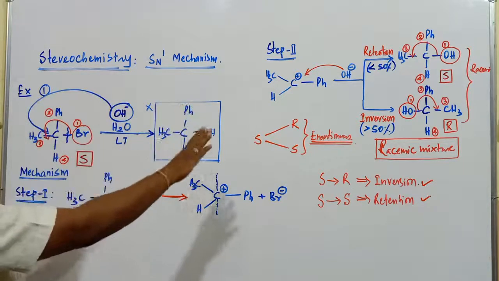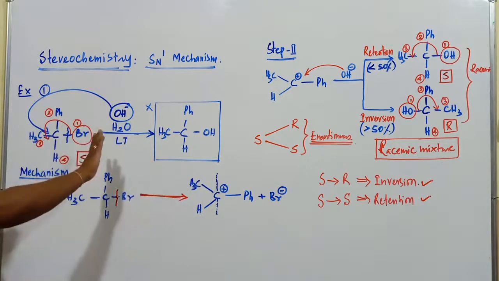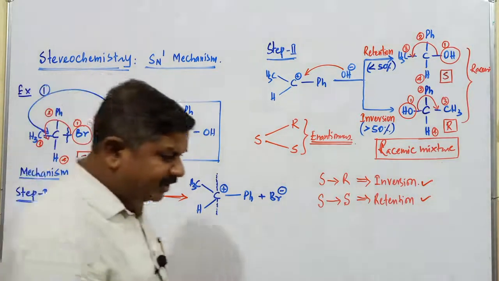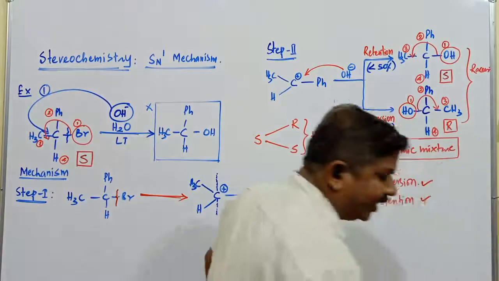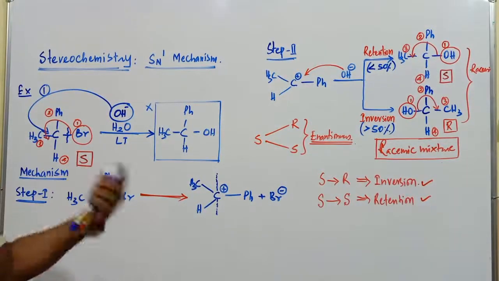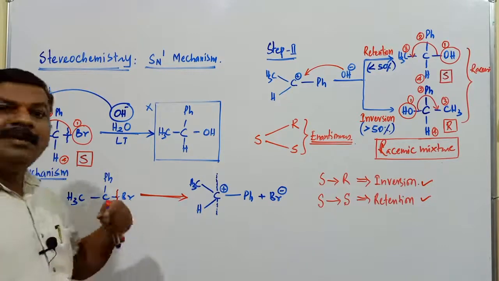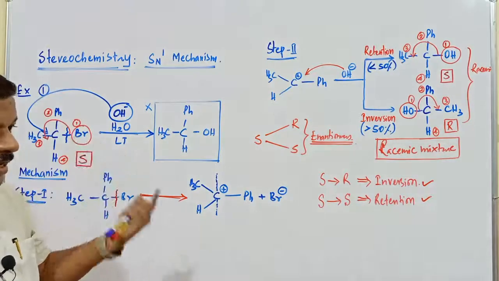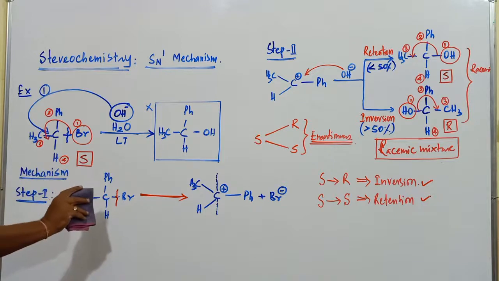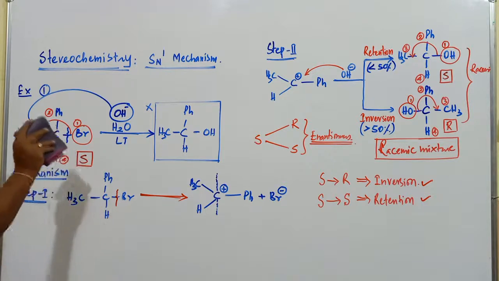Here in this case, there is no rearrangement in this particular molecule. Now I will explain with another example where there is a rearrangement. Yesterday we discussed the points related to SN1 mechanism. A rearrangement takes place if the stability of the carbocation changes from primary to secondary or secondary to tertiary, or from primary to the corresponding tertiary carbocation. Now this is an SN1 mechanism without any type of rearrangement.